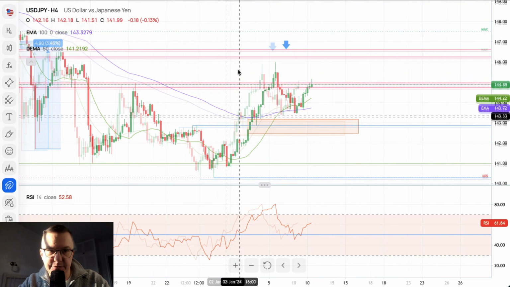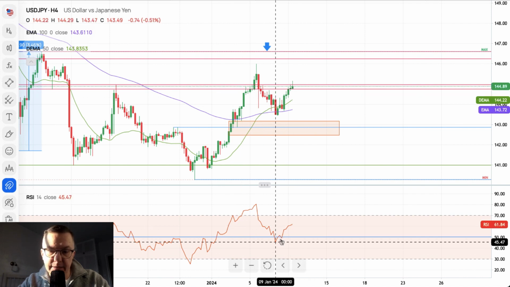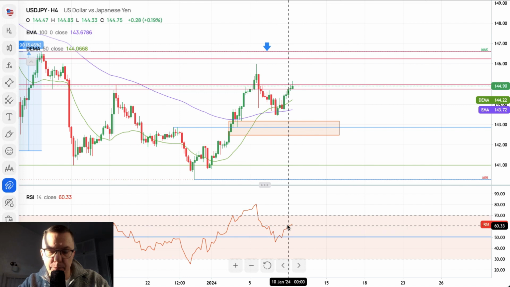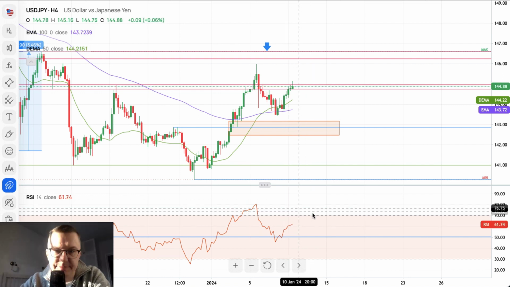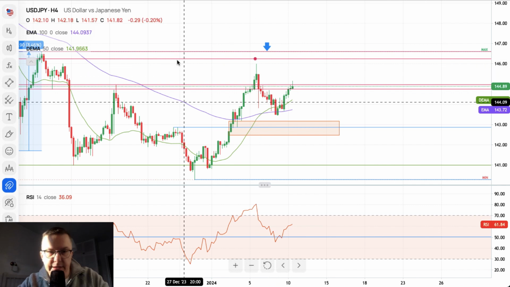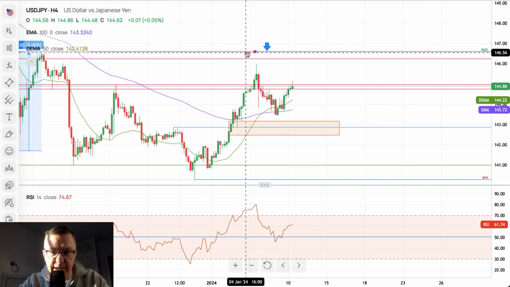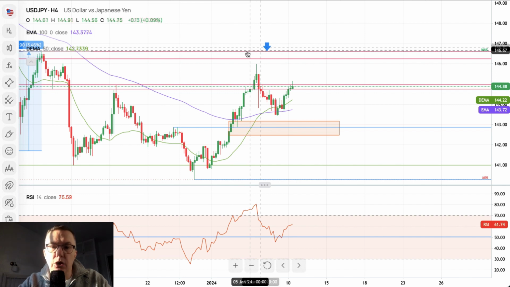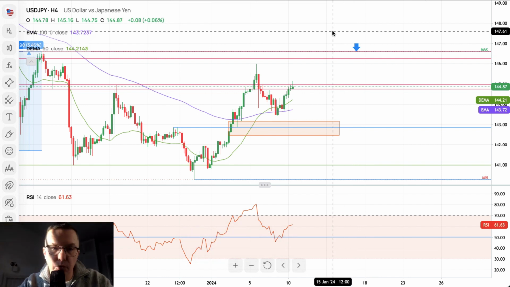Local high was made, let me just take a look. Local high was made at 145.16, and the momentum is still strong and positive, which means there is still room to the upside. So we might soon test 145.99, or even the other technical resistance levels, 146.28, 146.61. Of course, only a sustained breakout above these two levels would likely give us some kind of confirmation